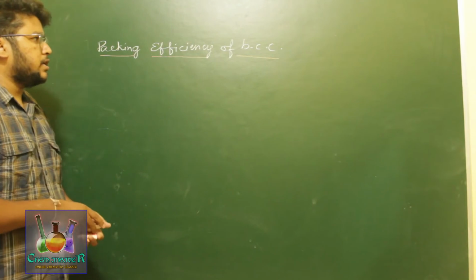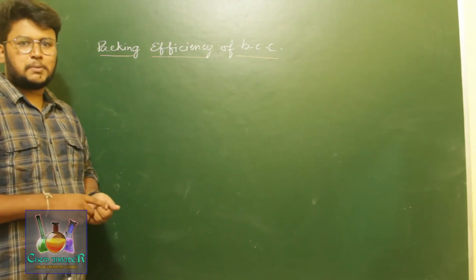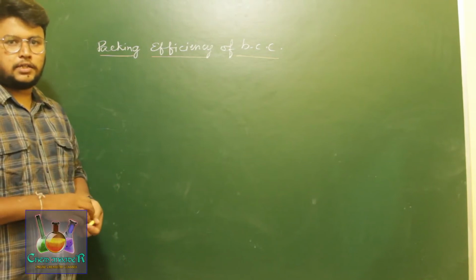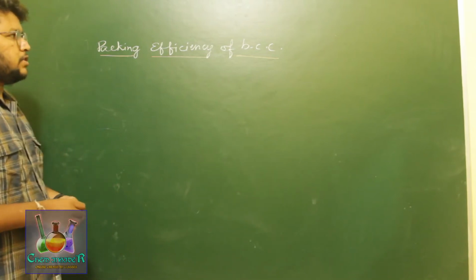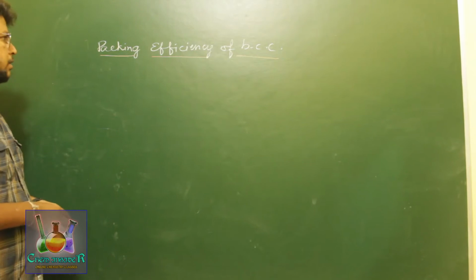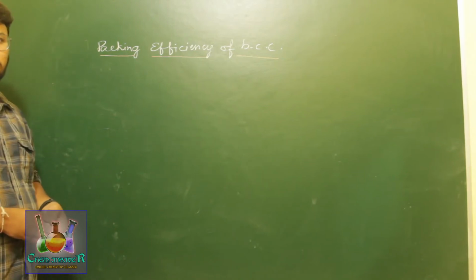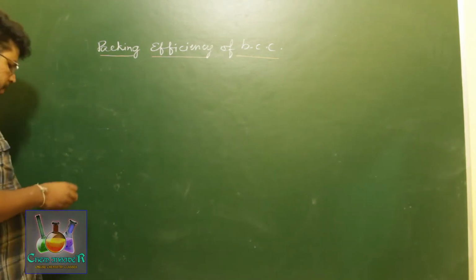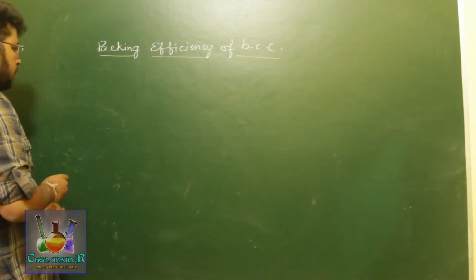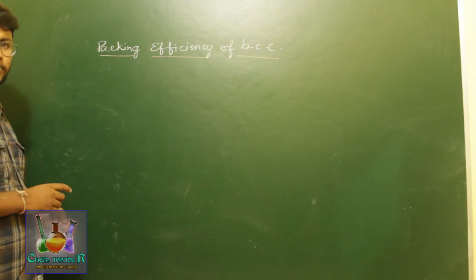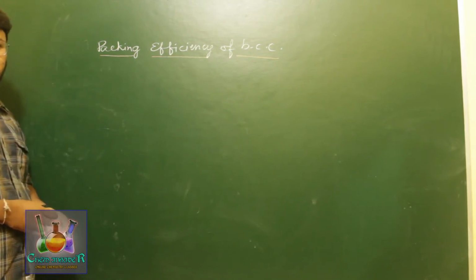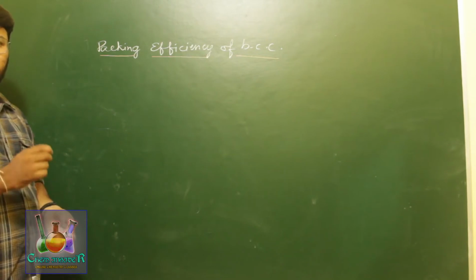As we know, a body centered cubic lattice has 8 atoms present at the 8 corners of this body and 1 atom exactly at the center. So to calculate the packing efficiency of a body centered cubic lattice, let us first draw the body centered structure. For that I am going to draw 3 atoms, touching one another, linear to one another, in such a way that it forms a body diagonal of a unit cell.